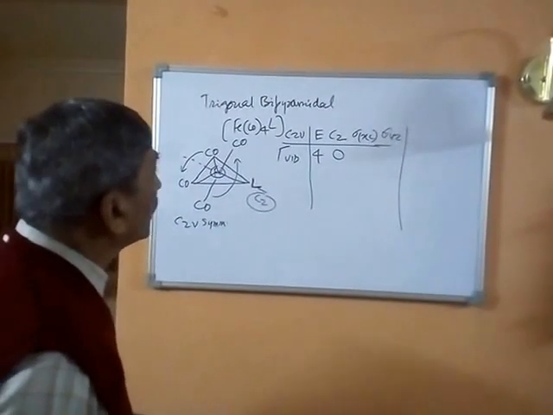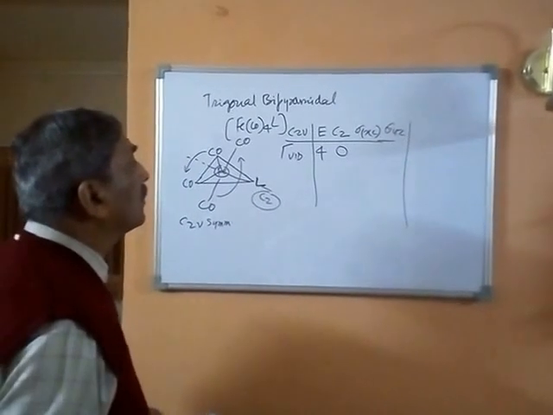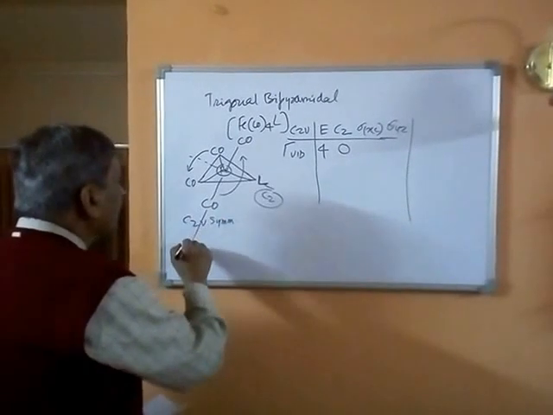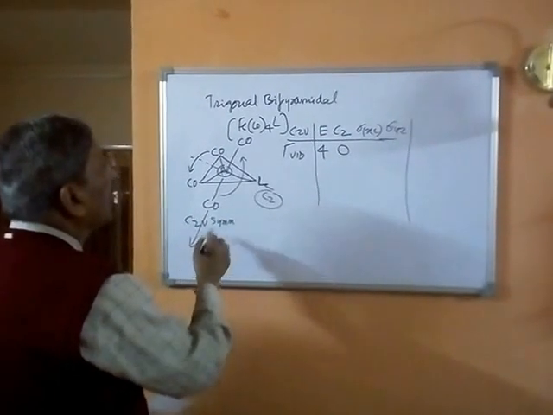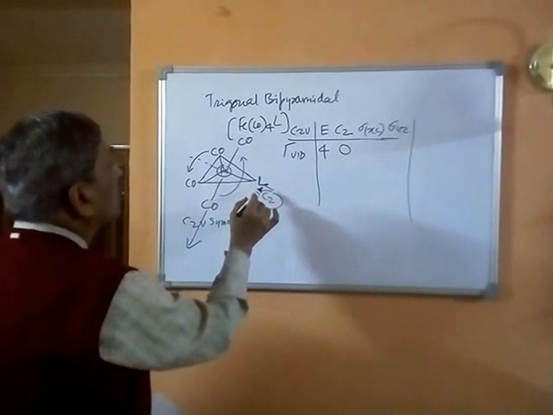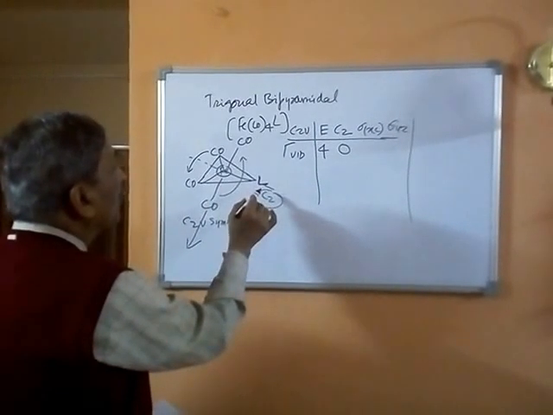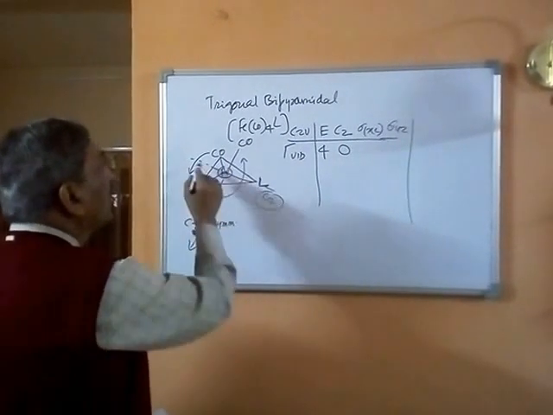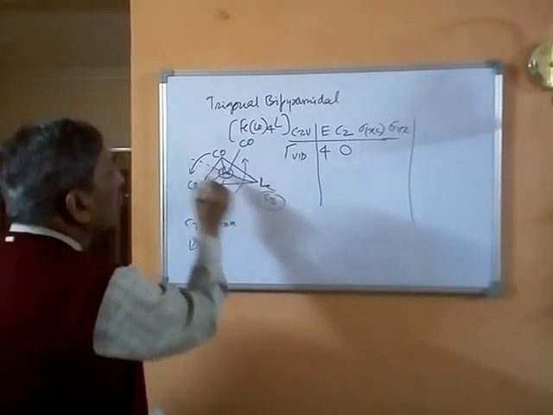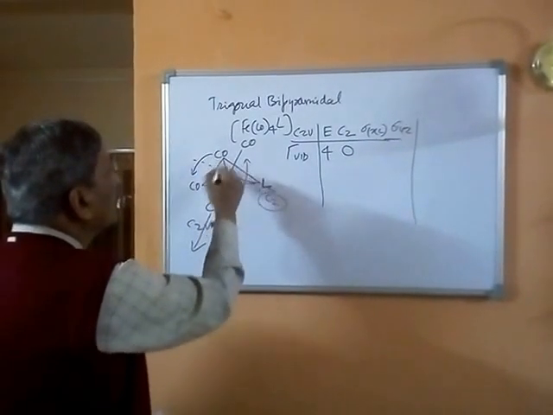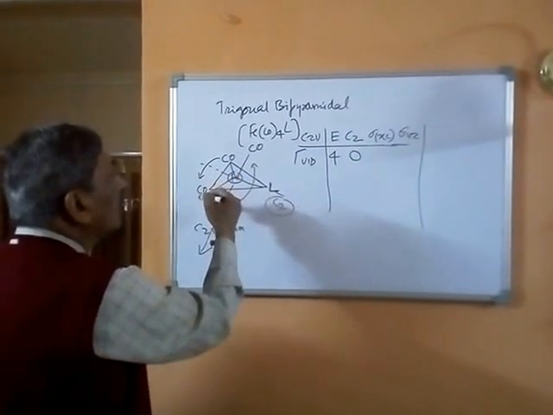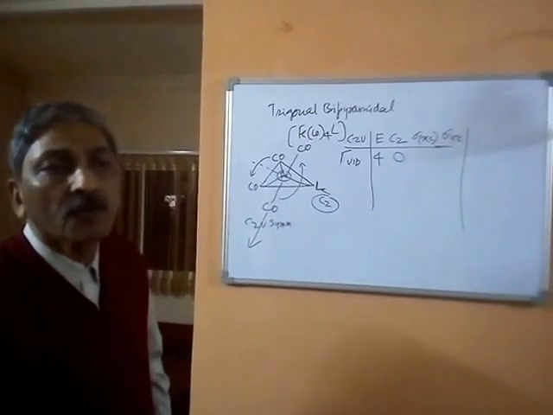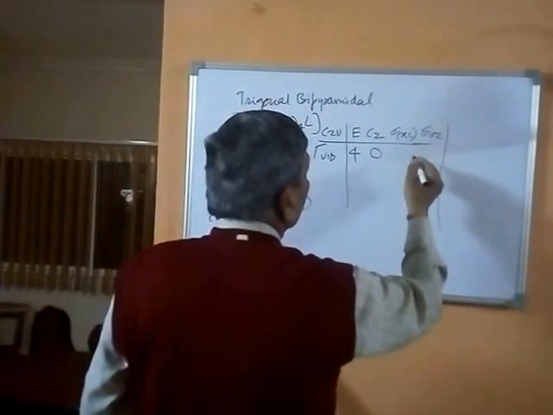Now, there are two planes of symmetry. One of the planes will carry the axial ligands and also the C2 axis. So in this plane, when you do this reflection operation, the COs which are carried along the plane will not change, whereas these two COs, because the plane will be bisecting these two COs, this CO will exchange with this CO. So basically two COs will exchange, their character will be 0, two COs will not change, so the net character in that case will be 2.